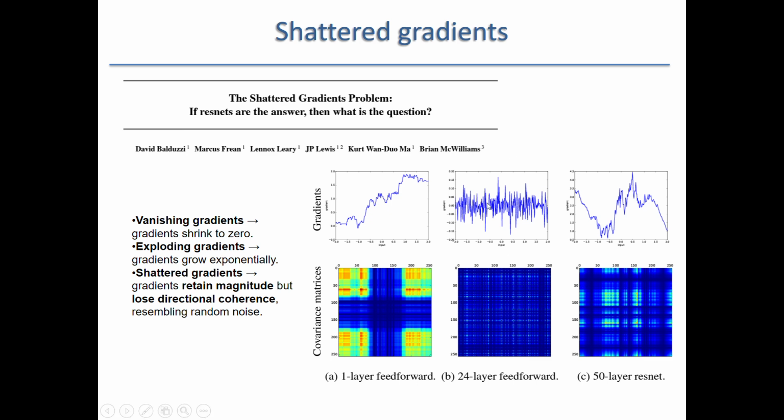And then here they show one layer feed forward, and they show that when you have only one layer, there are no problems with the gradients. When you have 24 layers, the gradients become very noisy. And even here, these 50 layers, so many more than 24, but now you have skip connections, and the gradients still make some meaning. And these covariance matrices somehow indicate that there are neurons that are correlated to each other,